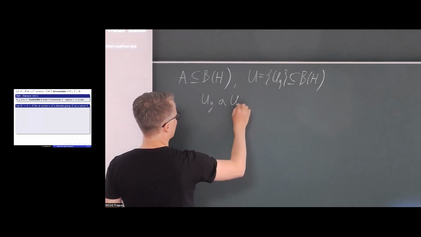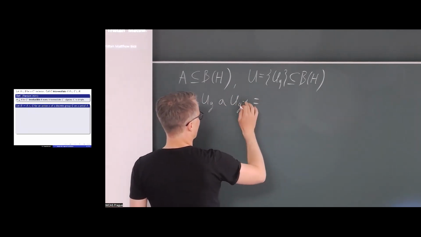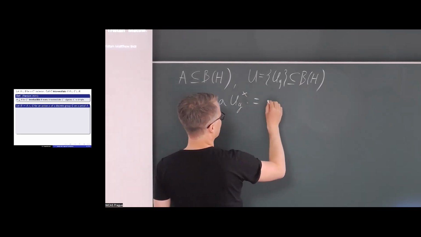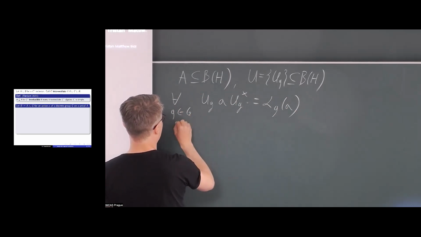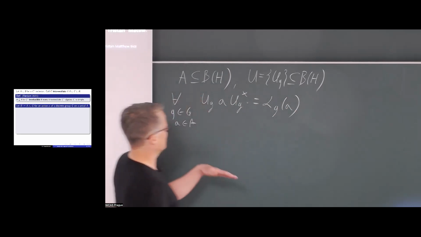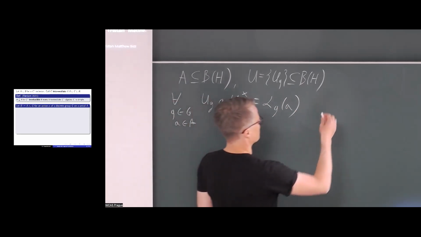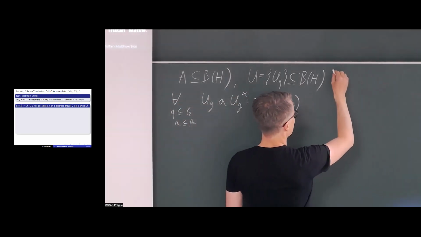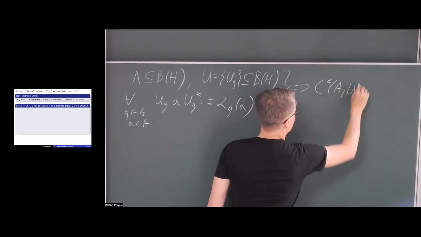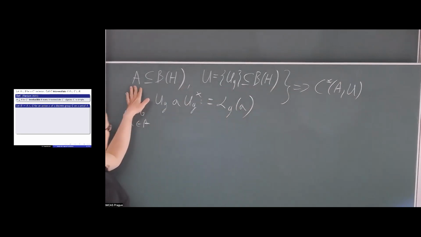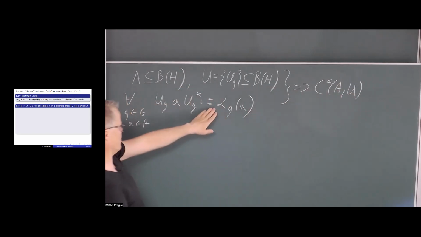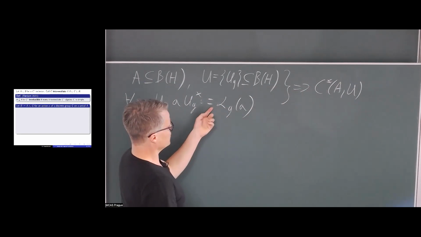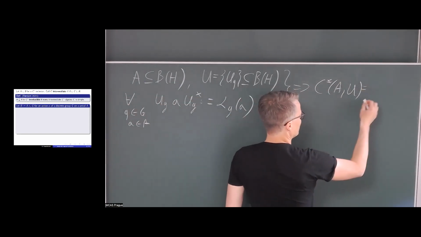Or maybe I could write it like that. We have this for any g in G and a in A. Whenever we have something like that, we can consider the C-star algebra generated by this. This is a unitary representation, and this is just a faithful representation of the C-star algebra. Now we generate a C-star algebra by these two, and they are related by this relation. This relation tells you immediately that this thing will be the closure